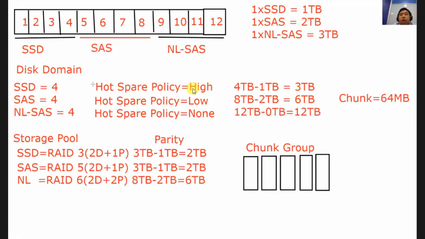Which hard disk a chunk comes from, you will never know, because it's virtualized already. So you can just assume maybe this one comes from number 1, this from number 1, number 2, number 3, number 4. So you have these 4 disks over here, 1, 2, 3, 4. So it comes from a distributed manner. So in order to form a RAID,